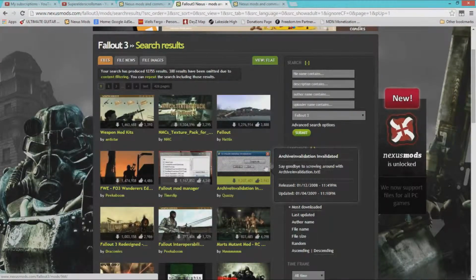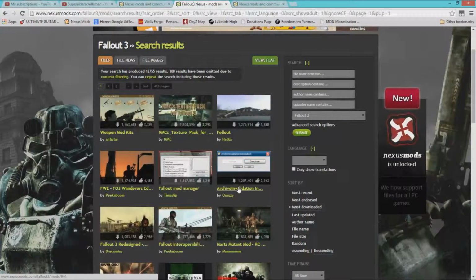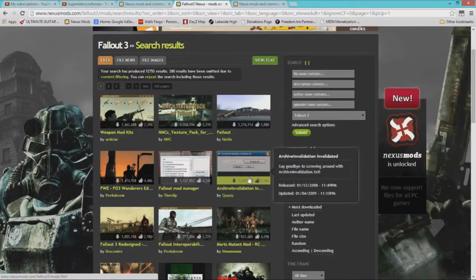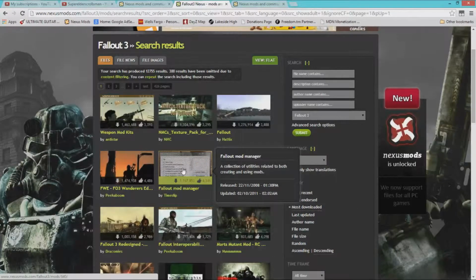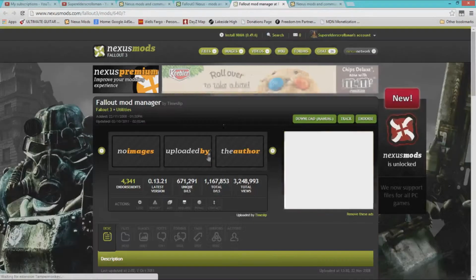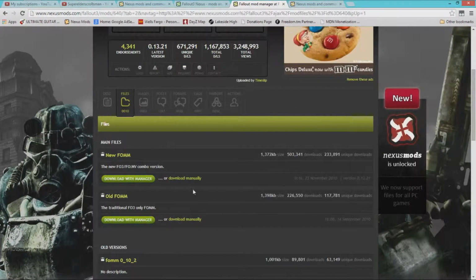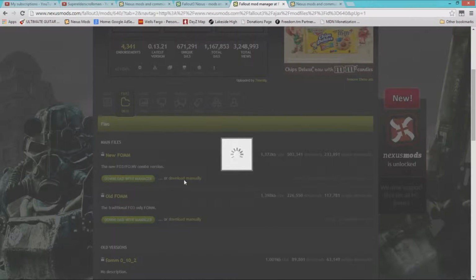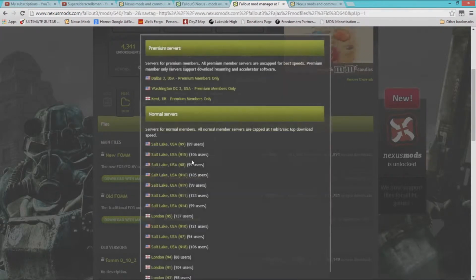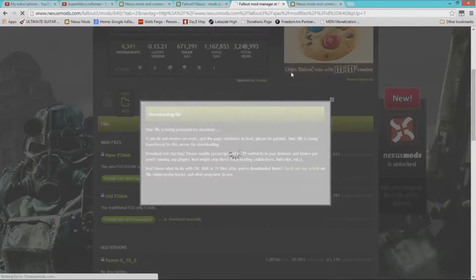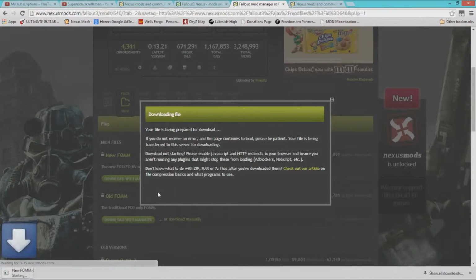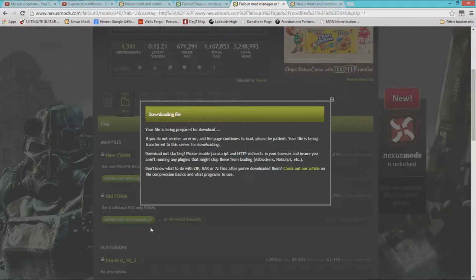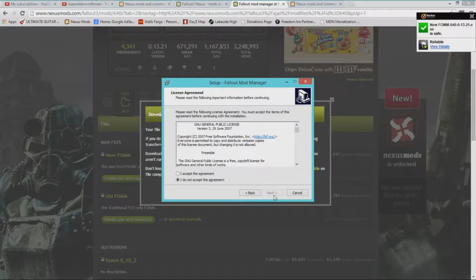What most people will always need, no matter what, is Archive and Validation and Validated, and Fallout Mod Manager. So first you'd download Fallout Mod Manager, which everyone would. So just wait for that download to load up in the first place. And once you do that, you get that down and you complete the installation, which is a pretty quick installation. And Nexus is known for not having viruses, so